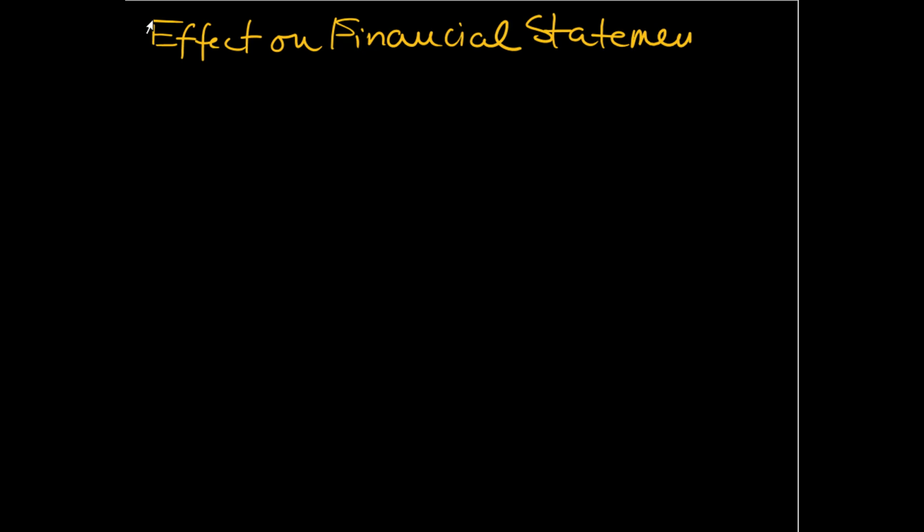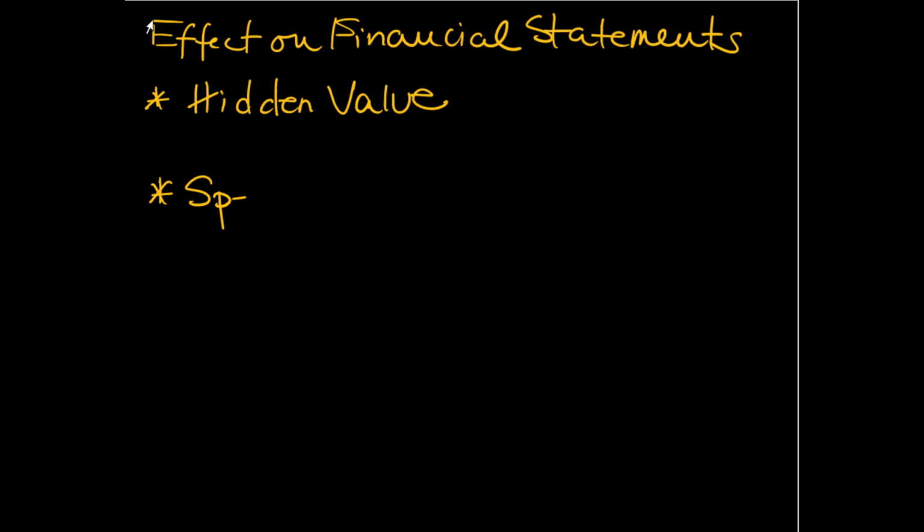So what's the impact of a lease on an income statement and a balance sheet? Well, we mentioned before that it could distort the balance sheet. It's because of this problem of hidden value, because accounting conventions require companies to carry real estate assets on a lower of cost or market basis. So there may be value there that's not being reported. And many properties actually contribute little to their reported earnings.